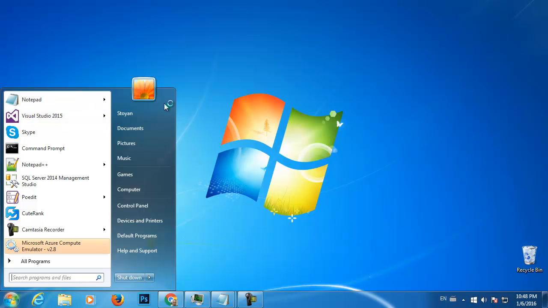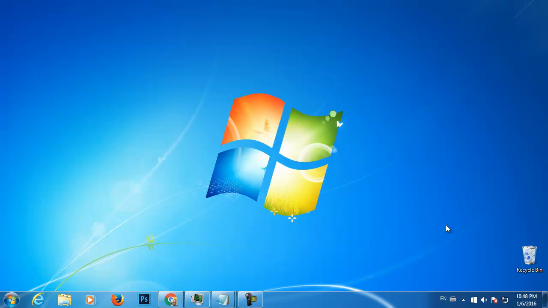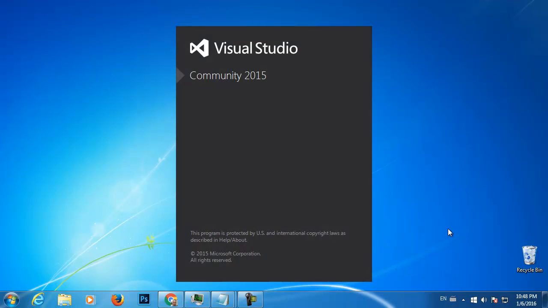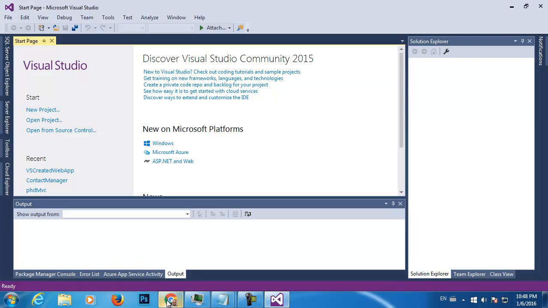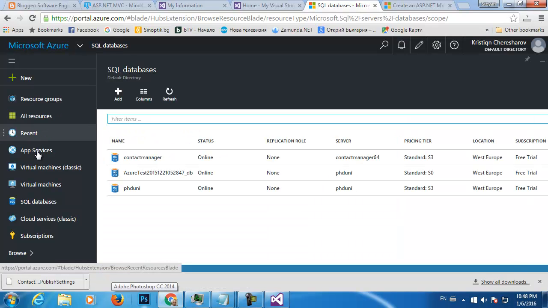Visual Studio 2015. Okay, so we're going to create right now again a resource group. We're going to create app services. We're going to create a new SQL database. We're going to create a new SQL server in Western Europe. So let me show you again that